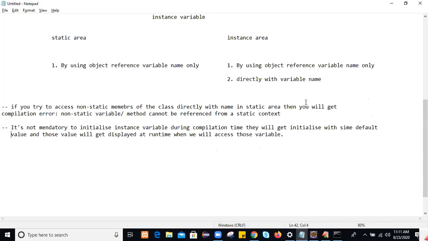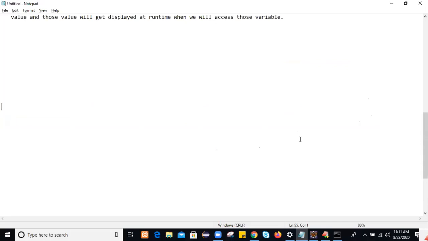Let's get started with the next variable. What is the next variable we have in Java? Mostly we have three variables, but we are discussing in advance the reference variable in Java. What are the types of reference variable? The first one we create locally, that is called a local reference variable. Always remember, guys, we always create a reference variable by using an object. On an object we create a reference variable.